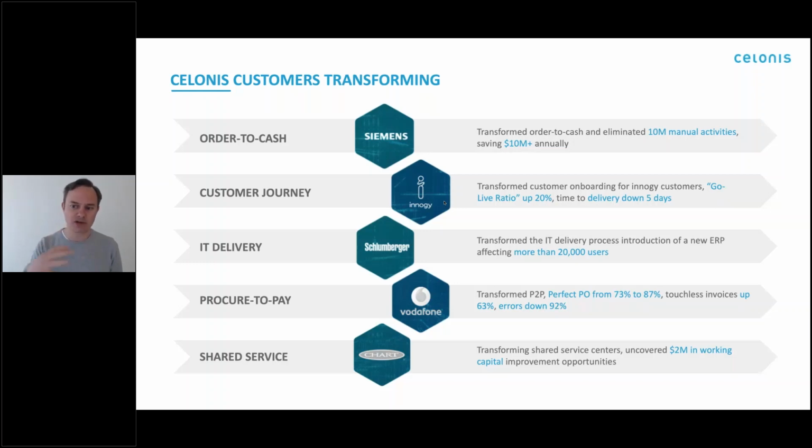Or Schlumberger, which is looking at ERP consolidation, rationalizing business processes across all of their ERPs as they move across. I think it's down from 20 ERP systems to one across 20,000 users. Or what Vodafone has done in completely transforming their P2P process using a shared services model, where they consolidated across